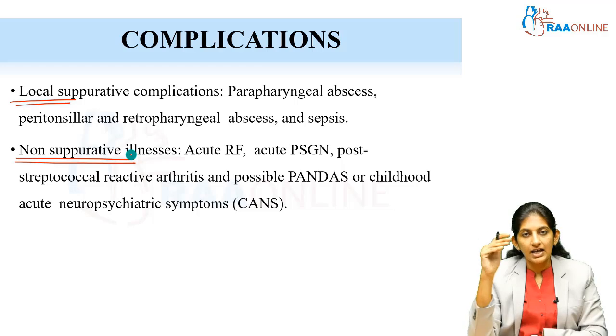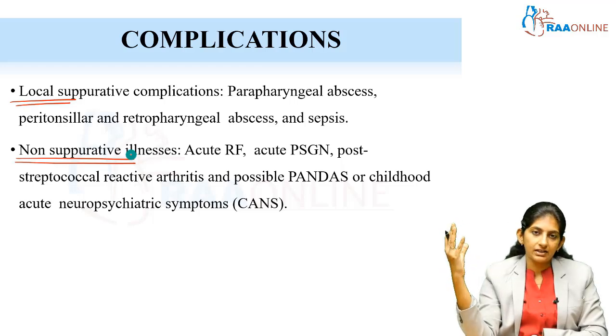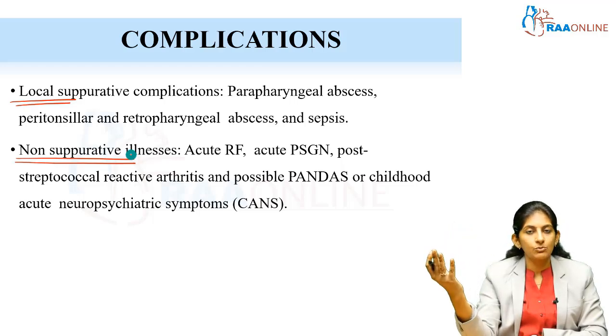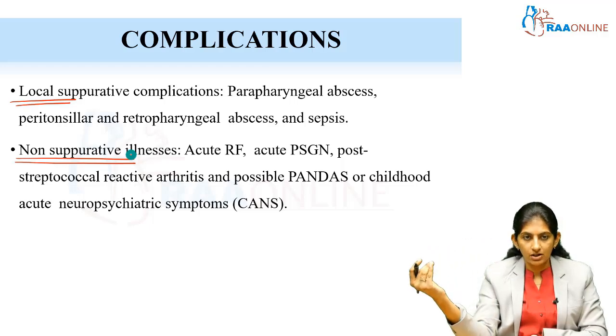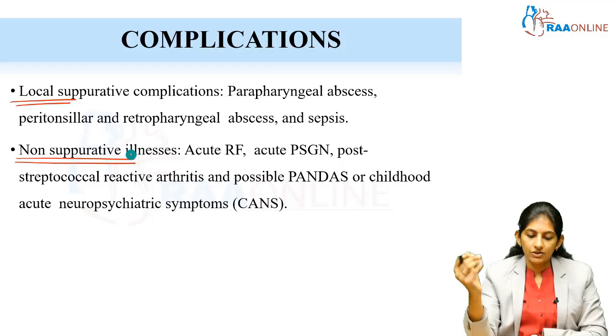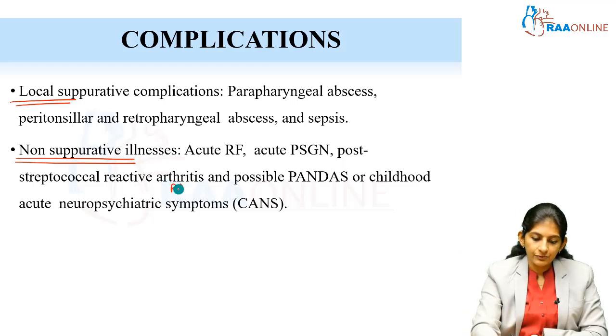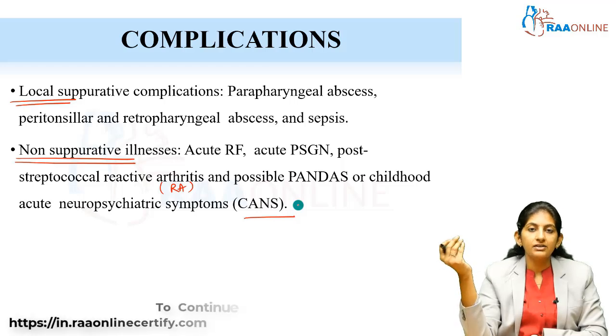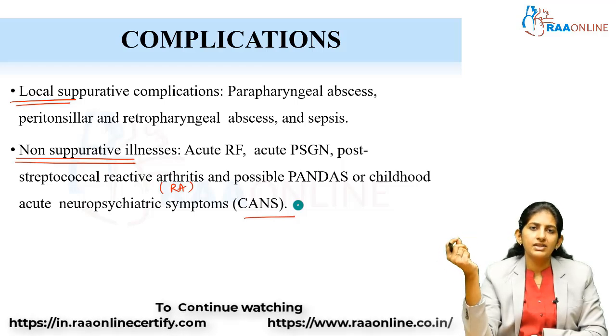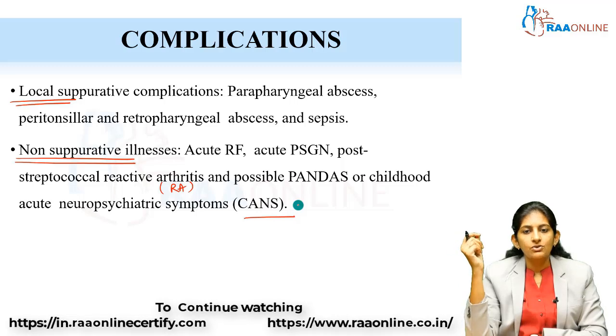Non-suppurative illnesses are distant complications. You know that group A beta hemolytic streptococci can cause rheumatic fever, post-streptococcal glomerulonephritis, a reactive arthritis, or a late complication like possible PANDAS, which is a childhood neuropsychiatric disorder. So this is possible in these children. And so, coming to the